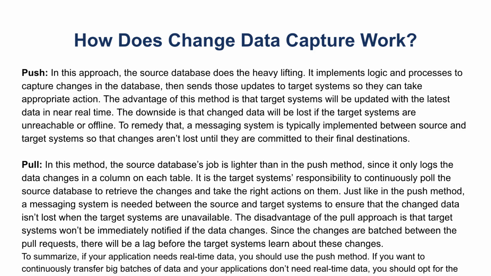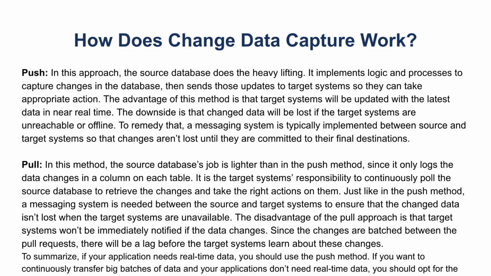In this method the heavy lifting is done by the target system. The source system just captures the change data in the form of columns. It could be an audit column, last updated timestamp, or last inserted date. And the target system will go and pull the data from the source system. Since the target system doesn't know in real time when the data is getting updated, on a time basis, probably every 5 minutes or 10 minutes, it goes and pulls the data from the source system and gets it into the target system. Again, in this case also, if the source system is not available,